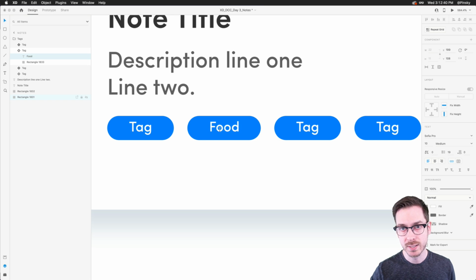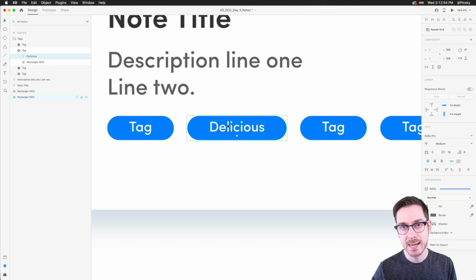Now, first of all, you're noticing that the tag background is automatically adjusting. But when I accept this change, that was the same size, right? Let me do something different. Let's say "delicious food" or just "delicious." When I accept that change, all the other tags automatically bump over to give it room,